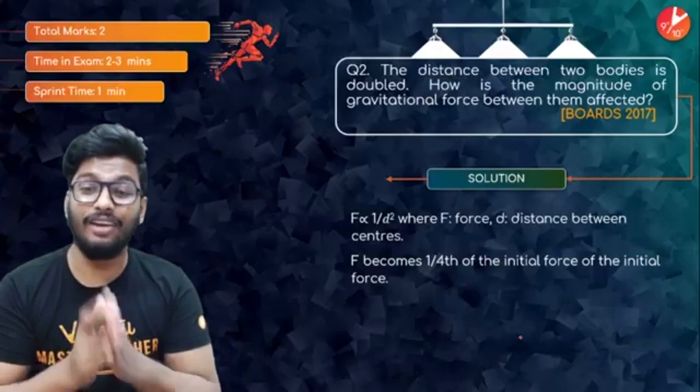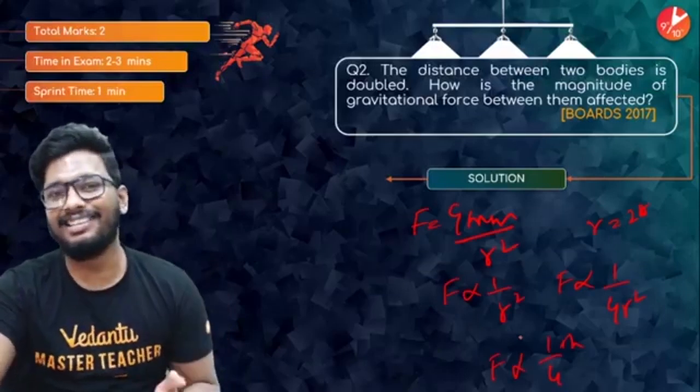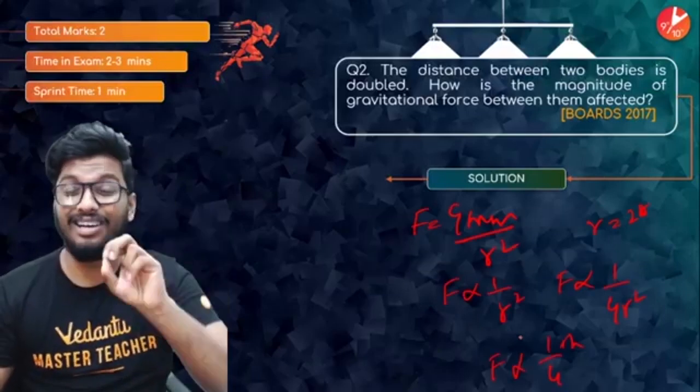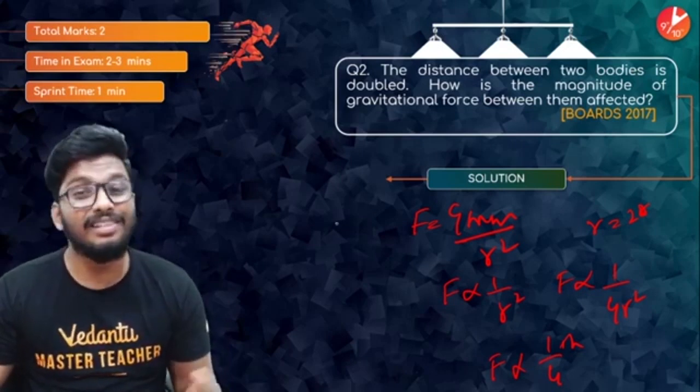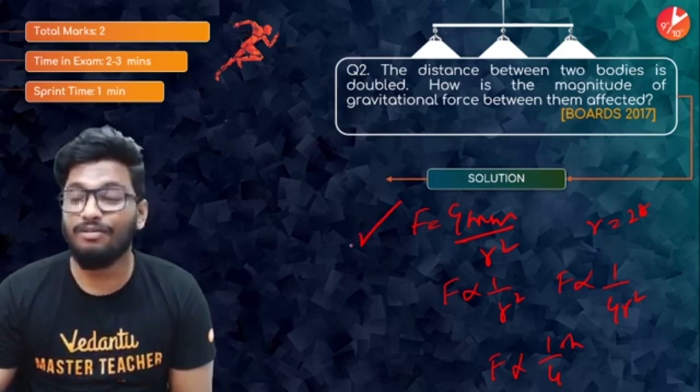Come on, guys. Do not forget all of these simple, silly things. Again, it's a 2 mark question. 2 mark, easy 2 mark in your pockets. Why to lose it, right? Why to lose it? F is equal to GMm by R square is a formula where F is nothing but